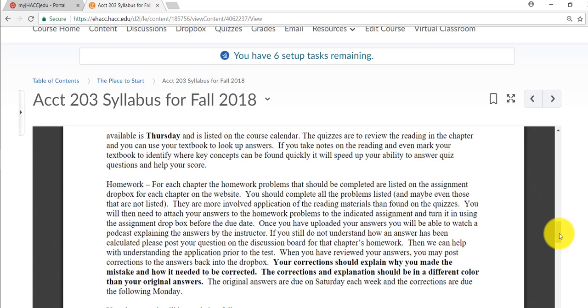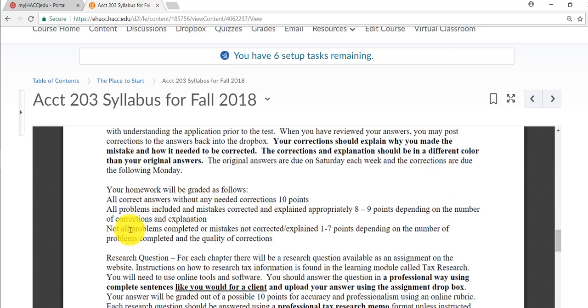Then I'll grade it based on this kind of outline. If you don't have any corrections, it's 10 points, but you should be able to get 8 or 9 depending on the amount of corrections and how well you do at explaining them. So your grade should be almost perfect regardless, because you should be able to go back and make any corrections